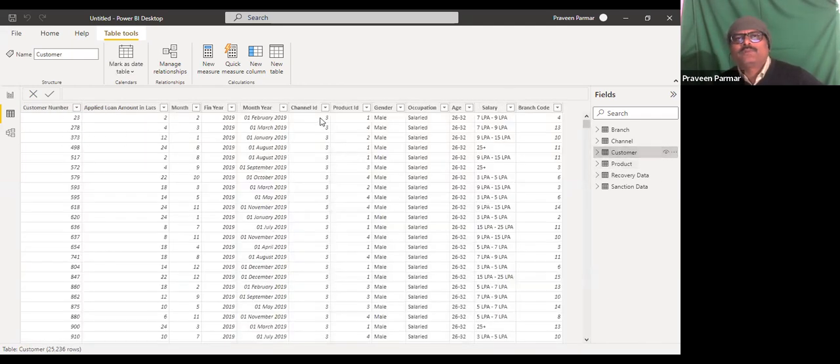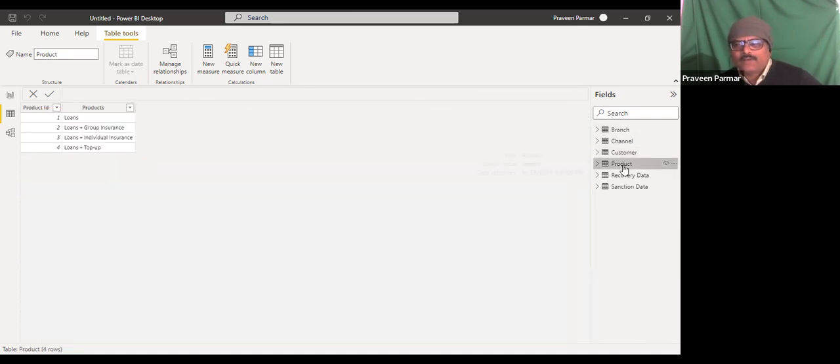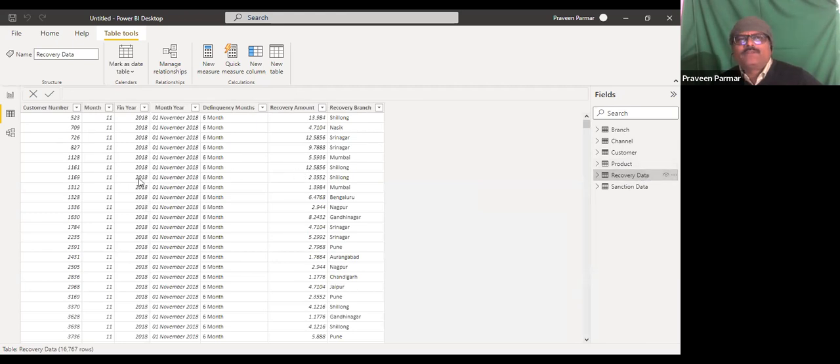So in the customer table, we are getting all the table IDs. Gender is there, occupation, age, salary, branch code, which I explained earlier. The product table I have explained. There is a recovery table. In the recovery table, you see the customer number, which is also the common ID in the customer table. And the month, financial year, month, year is a common column there. Delinquency month and recovery amount, how much, and the recovery branch.